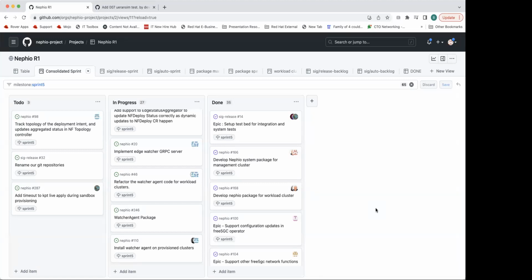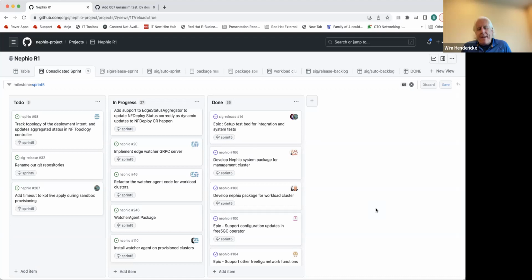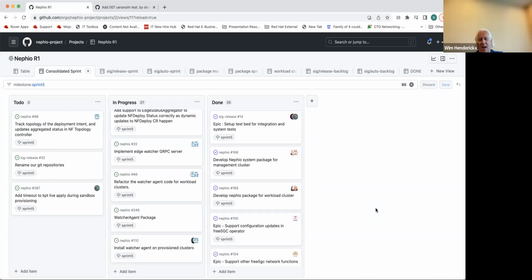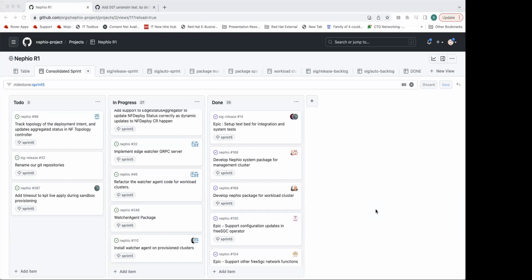Exactly. To be clear, I'm speaking for both the NF topology and also the watcher agent. I'm just putting them all together, because I think they all go together. We will build an R1.1 very shortly after with it embedded, right? Because we have to do the scripts, we have to do documents. If you look at all the work, it's probably not realistic to have it in. Yeah, exactly. Let's plan our 1.1 in a month or two.